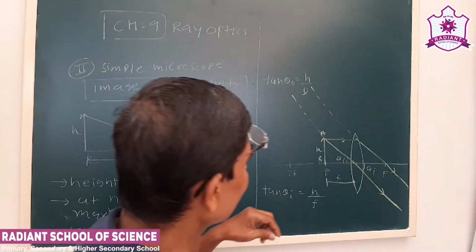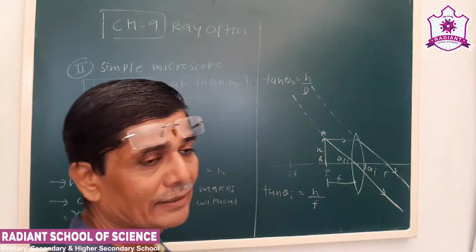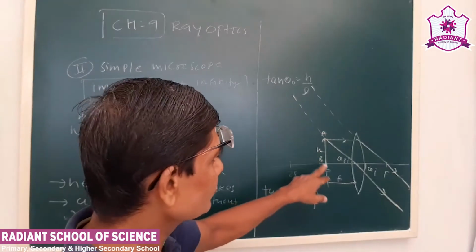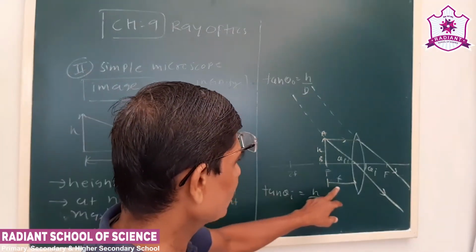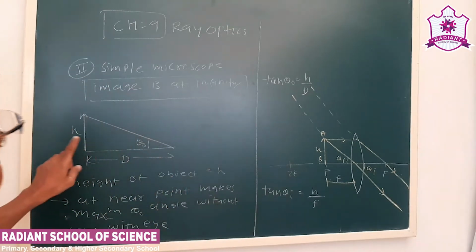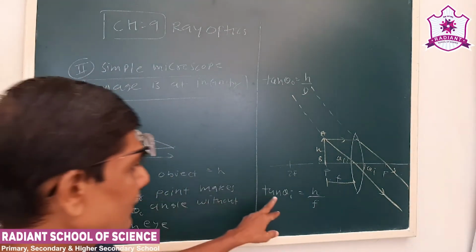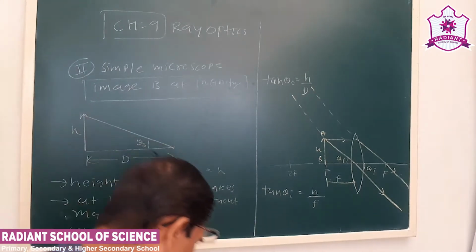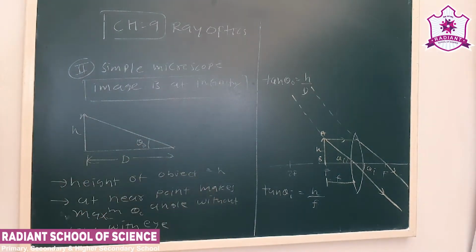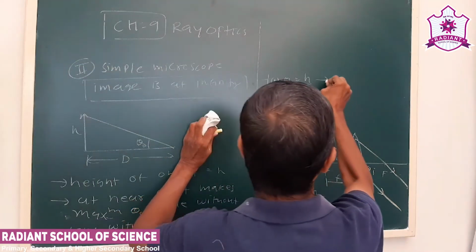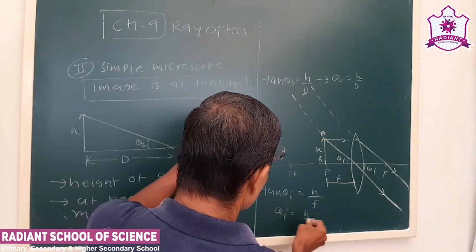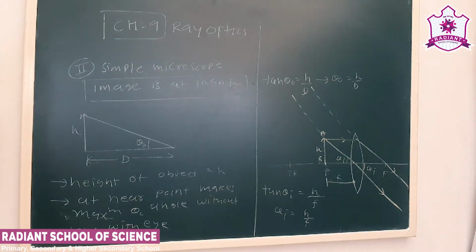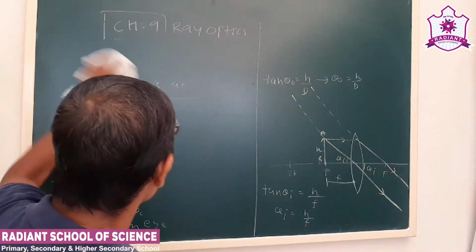the refracted ray will go parallel, and image will be formed at infinity. So at that time, let us say the object makes angle theta I. Now we have placed the object at f in front of a convex lens, so we can write tan theta I is equal to h upon f. See, when theta is small, tan theta is theta, so we can write theta 0 is h upon d, whereas here theta I is h upon f.